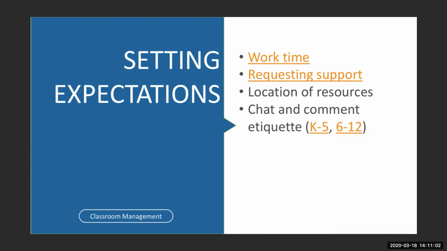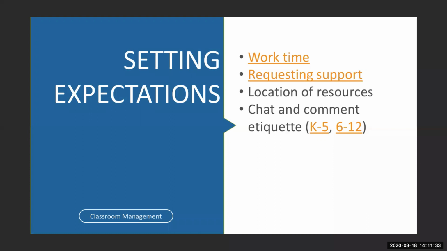Something else you want to set up is where they can find all their resources. It's going to be best if they have some kind of central hub where they're locating their assignments, where you're doing your main communication. If that's email, because you're middle school or high school and your kids have email, or if that's Schoology or Google Classroom, then linking everything there makes it really easy for kids to find things and not get confused and frustrated with locating all those materials.